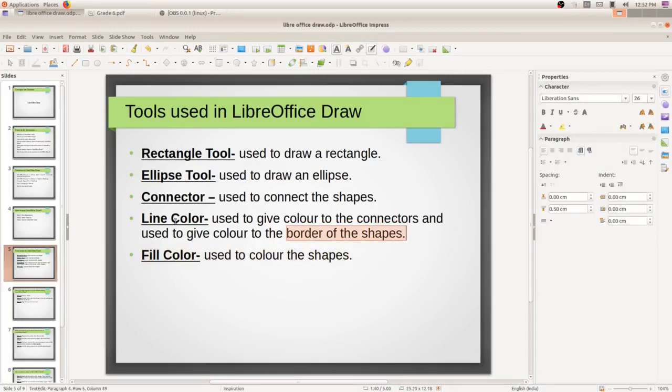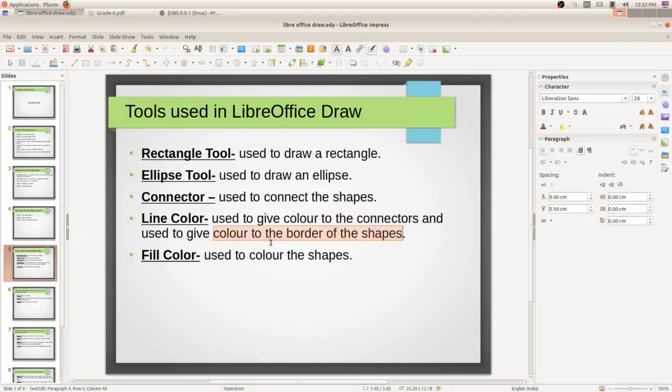So the line color tool has two uses. What is the first use? To give color to the connectors. And what is the second use? To give color to the border of the shapes.